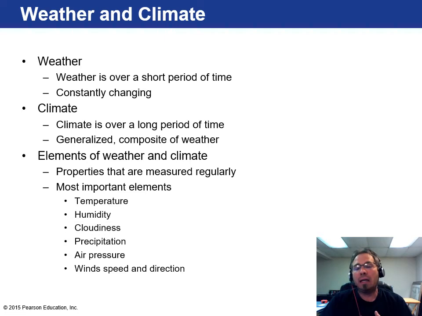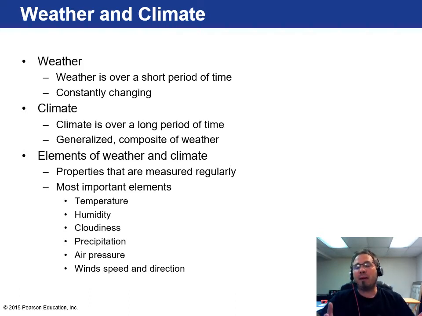And then air pressure, which is more of a scientific thing. Most people in their daily lives don't really worry about air pressure, but if you're a meteorologist, air pressure helps you forecast what's to come. If the pressure is slowly lowering, we know there's a low pressure system there, which for us typically means that we're going to have unsettled weather, usually some type of rain or snow event. Not always, but a lot of times.